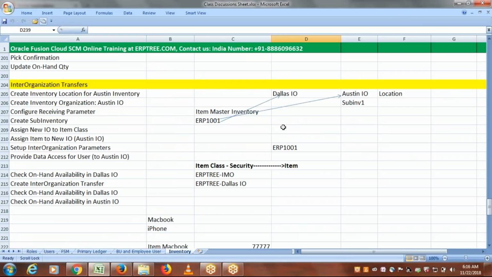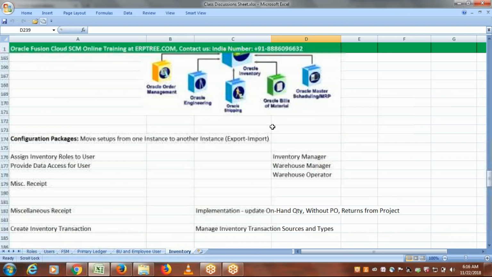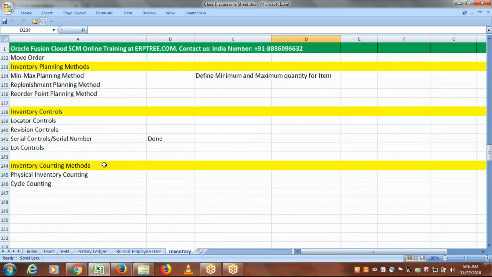Okay, so as a part of inventory controls, we covered serial control, or call it serial numbering. In today's session, we'll see lot control, or lot numbering. So in case of serial control,